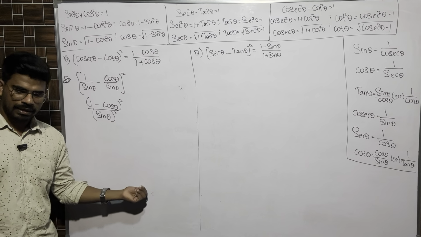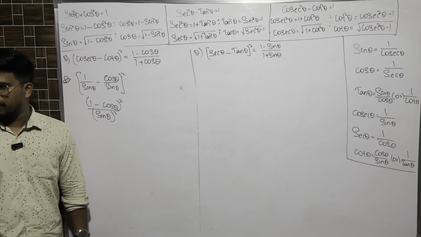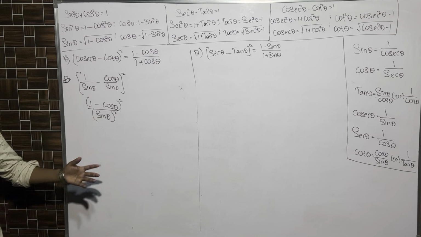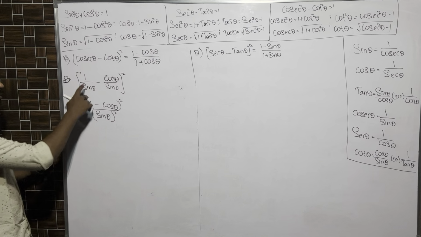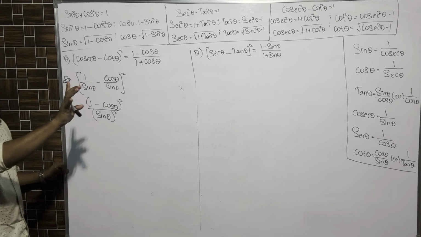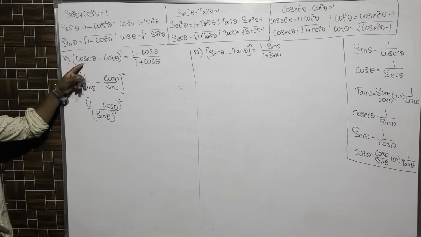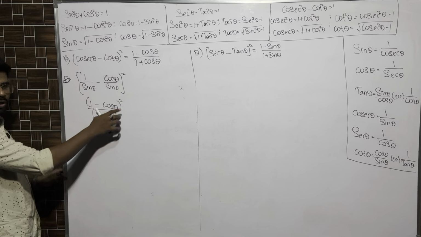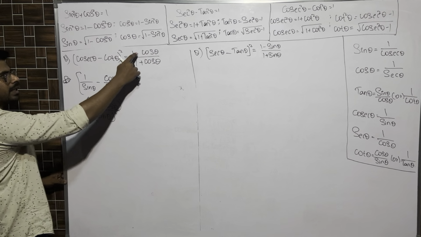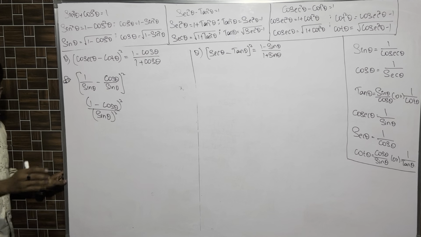If I just start the sum and write these formulas directly, you will not be able to understand why I am doing this particular step, and why not any other formula. That you have to understand. First step, what did I say? Without looking at the question, you just have to convert into sine and cos. Cosecant is 1 by sine, cot is cos by sine. Clear. LCM is sine. Square is split to the numerator and the denominator. Looking at what is required, 1 minus cos theta we already got, but the square is there. We'll get rid of it in a bit.